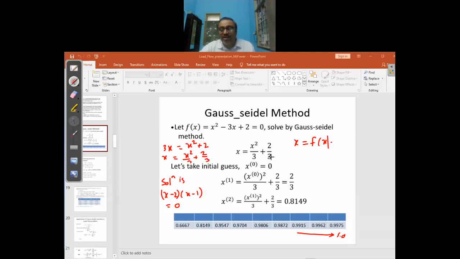But generally we can't get this perfect convergence. So we say that if there is not much difference, as we can see up to 2 decimal places, we are getting almost the same answer. So at that point we stop. So this is how the process of the numerical method works.